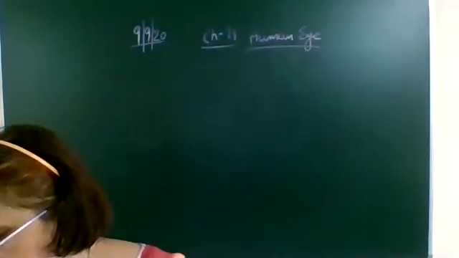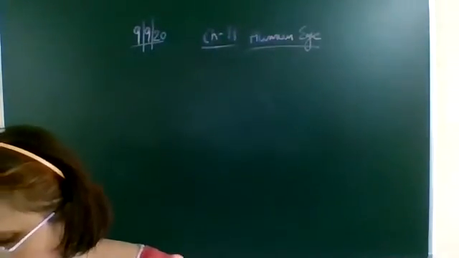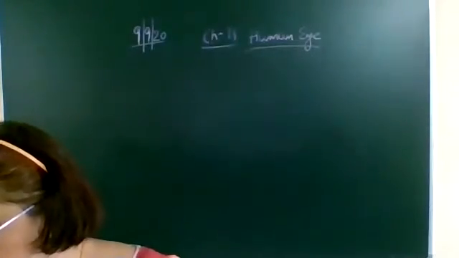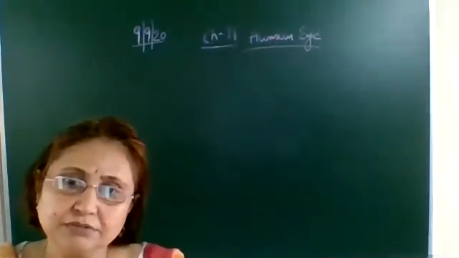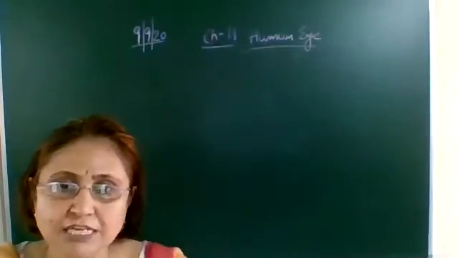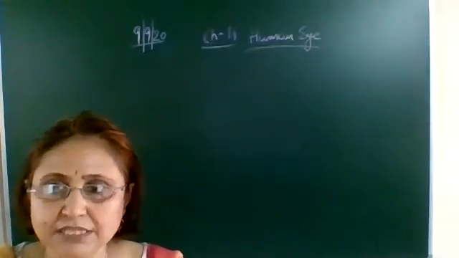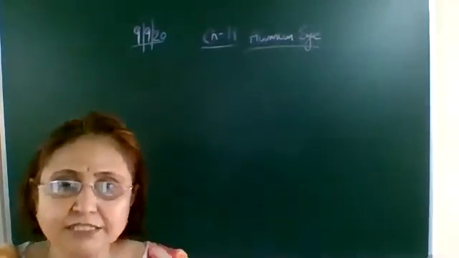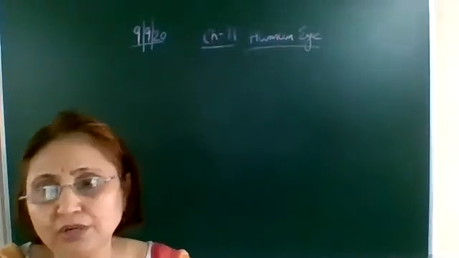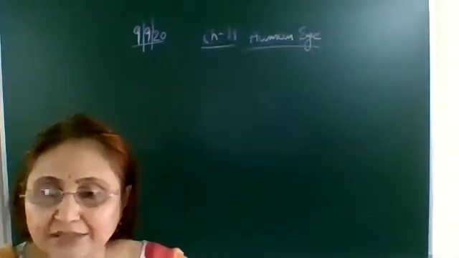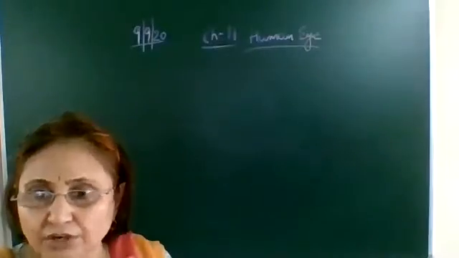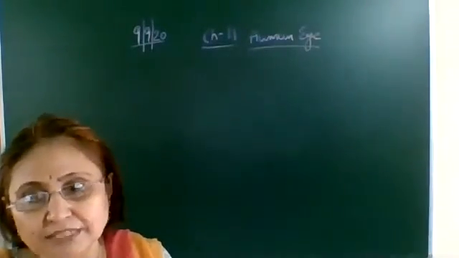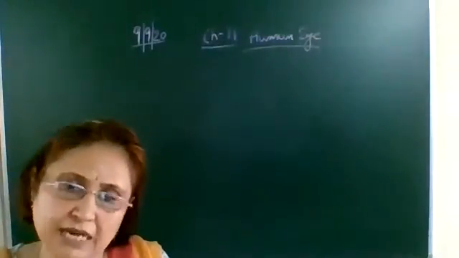Okay, so the next part is retina. Before retina, there is one more, ciliary muscles. This eye lens is not suspended in air inside. It is held by some muscles, and these muscles are called the ciliary muscles.